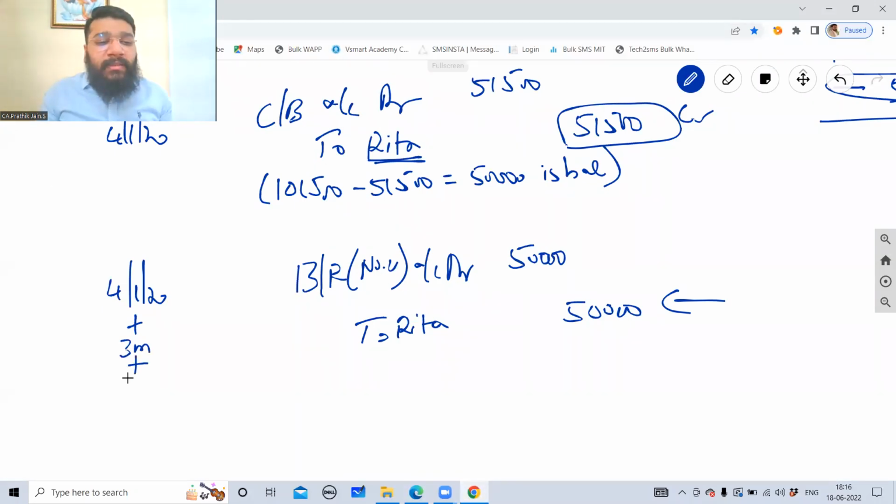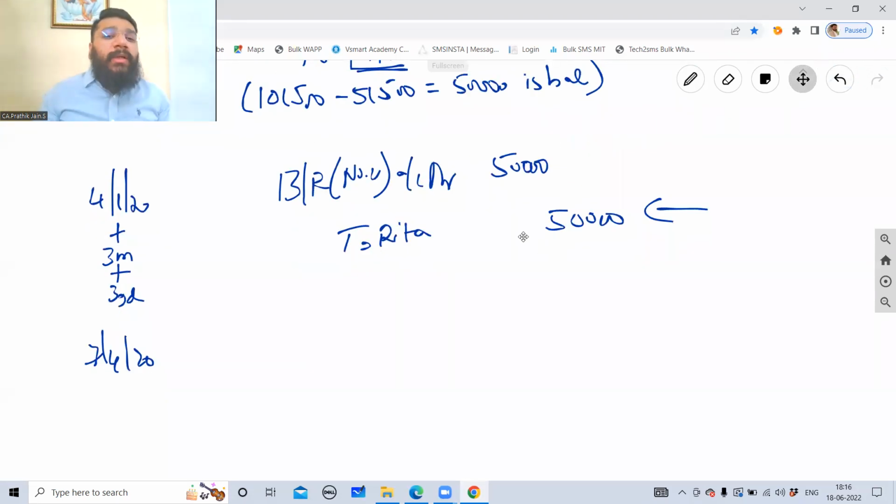So what is the maturity date, guys? 3 months plus 3 grace days. So 4th Jan. So Feb, March, April. So 4th April plus 3 grace days is 7th of April 2020. Now guys, on the maturity date, this bill has become null and void, useless. So I need to close this asset by giving a credit. So bills receivable